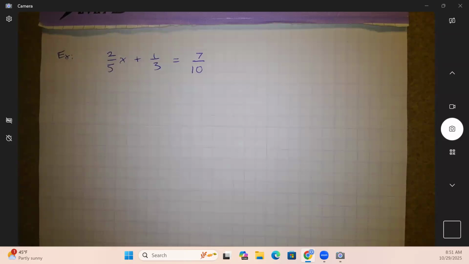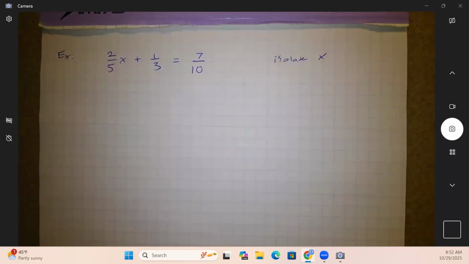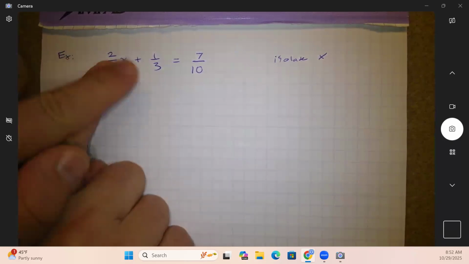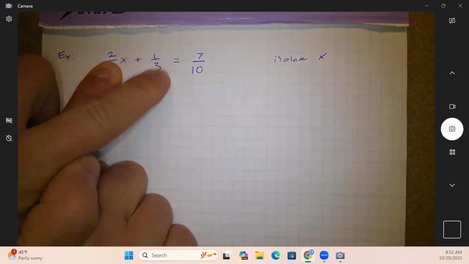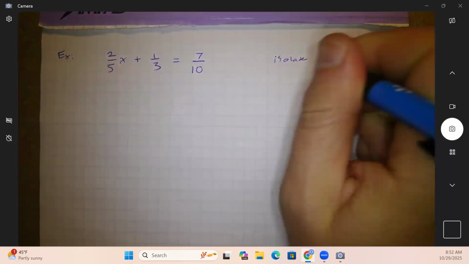I'm gonna show you two different ways because I want you to pick the way that you like better. First, we're gonna do it in a way that's very analogous to how we solved them when they were integers. We want to isolate x. So what's our first step for isolating the x? Now if these were numbers, that'd be a number times x plus a number. And so we would start by getting rid of the plus number, right? Isolate x by undoing